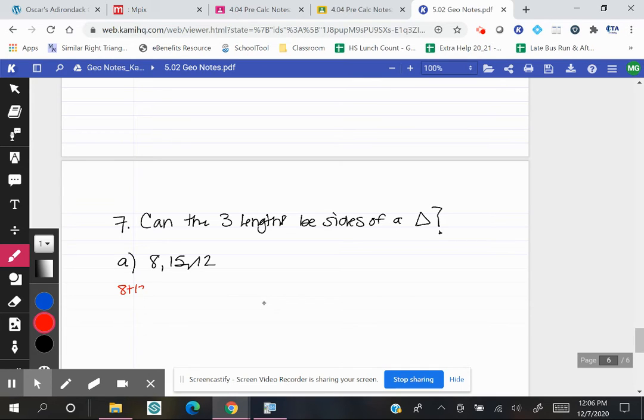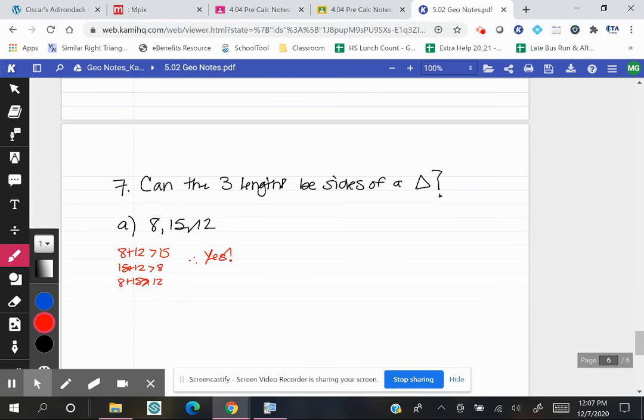I can write that out for the first one. So 8 plus 12 is greater than 15. 15 plus 12 is greater than 8. And 8 plus 15 is bigger than 12. Therefore, yes, that is a triangle. Quick trick, you could really just take a look at your two smallest sides, and if those work, then you know that the others are going to work too, since this number is bigger in the middle. So once we see that 8 plus 12 is bigger than 15, you know that's going to form a